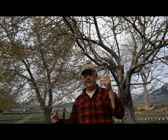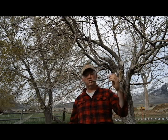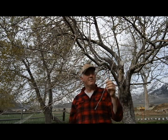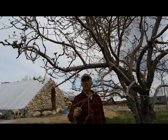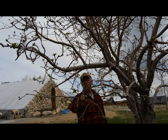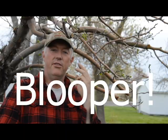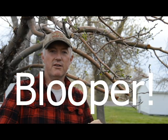So if I want to do wildlife plantings, or just to increase the number of trees in my ecology, and I'm not worried about when it blooms or other things that the rootstock would control, I can make a whole bunch of cheap trees by keeping these and rooting them and planting them. And that's what I'm going to do with this one. Now I can take this and make new trees for a wildlife planting from all of these little cuttings. So I think I will do that, make a bunch of starts. The third thing is if a branch is going straight off, cut it